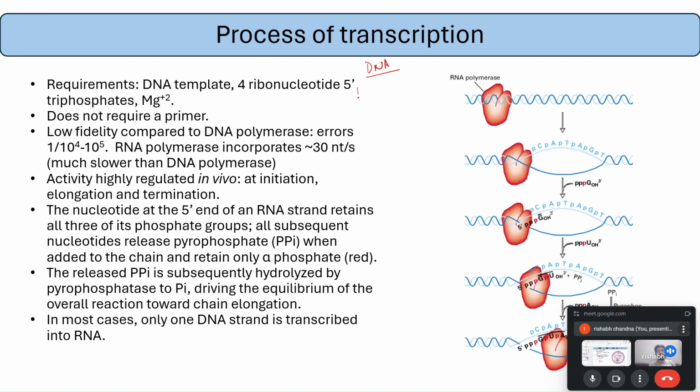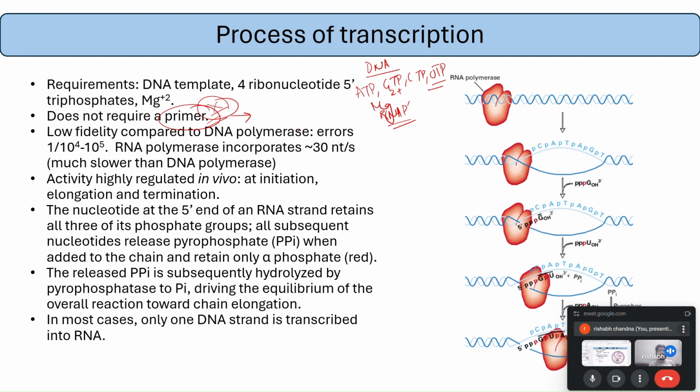So we'll be requiring ATP, GTP, CTP, and UTP. Then we require Mg2 plus, the RNA polymerase, and here we do not require any primers. Primers are required only in the case of DNA replication. So here the primers are not